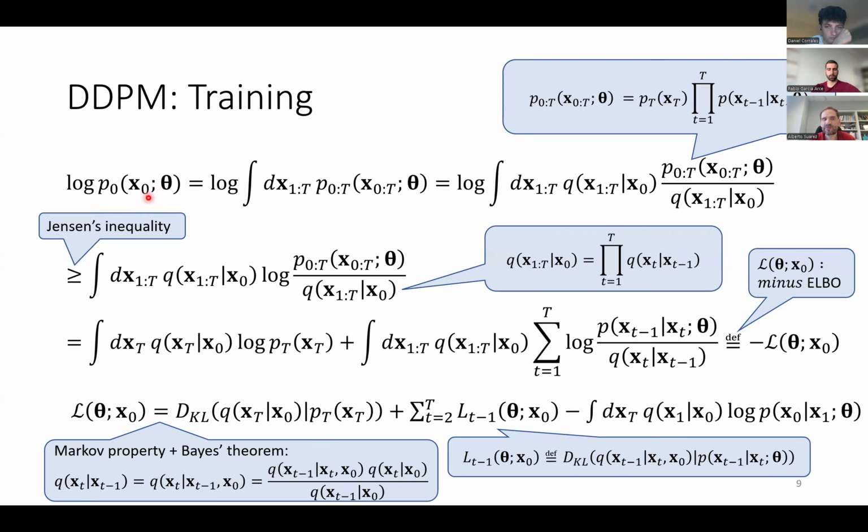So x0, you can think of as any of the original cat images, and this is just one term that would appear in the likelihood. So I have to find the theta that maximizes the expected value of this quantity over P0, when x0 is distributed according to the original P0. I'm going to use Jensen's inequality to get the ELBO here. Again, this is all a complicated but straightforward manipulation. The important thing is this quantity here. You end up getting a sort of Kullback-Leibler divergence between